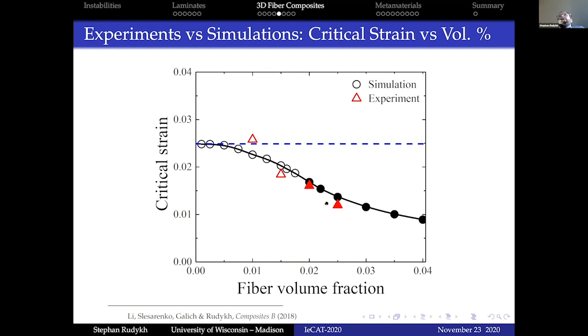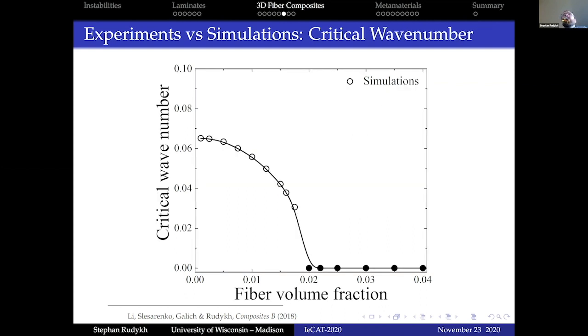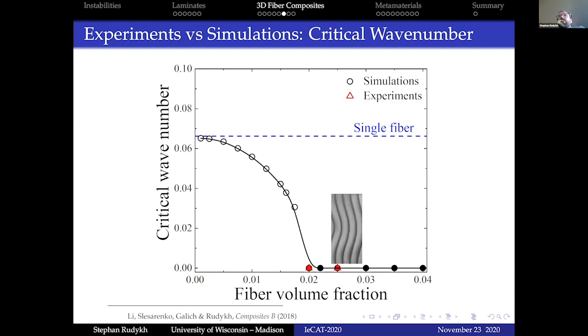And you can see that again, the trend here is captured quite accurately, and that was very encouraging. Now, again, a similar question of what happens at these levels, at these systems. So we're looking into this critical wave number, starting from the numerical prediction. And then for the fibers, in fact, we were able to capture this transition that is predicted numerically and theoretically, from the long wave type of instability into